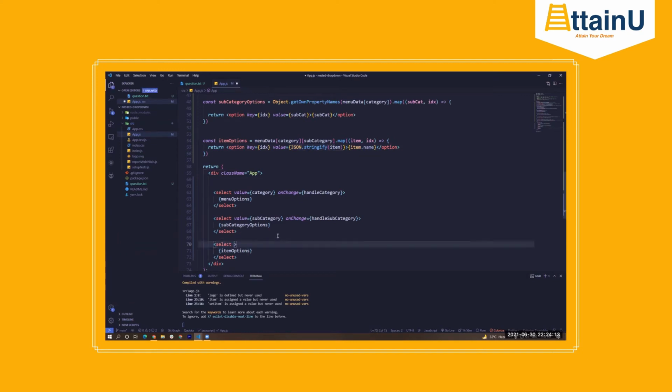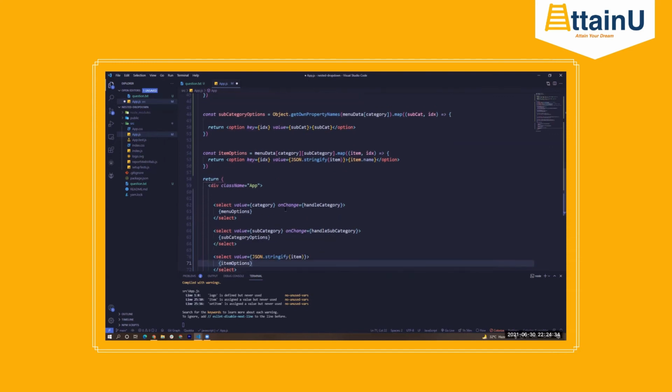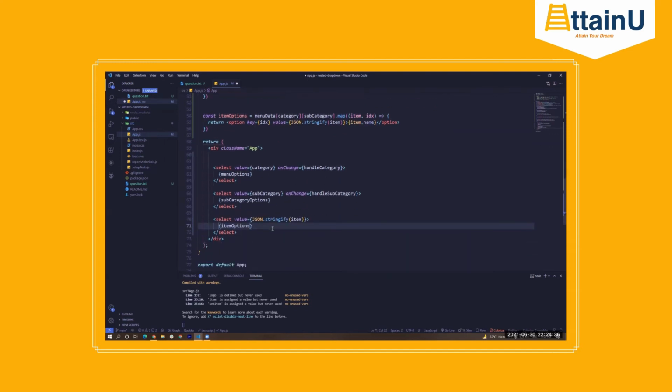So the value would actually be JSON.stringify of whatever the current item is, right? Based on that item object, it will match with all the options and then automatically select it based on whatever the user is doing, either if the user is changing or if it's the initial first render. In both cases, it will work.